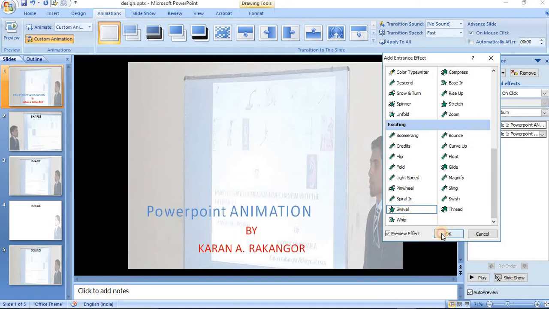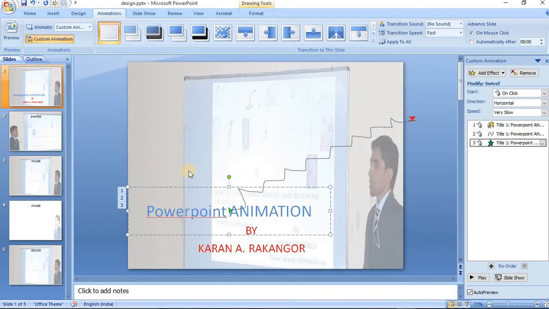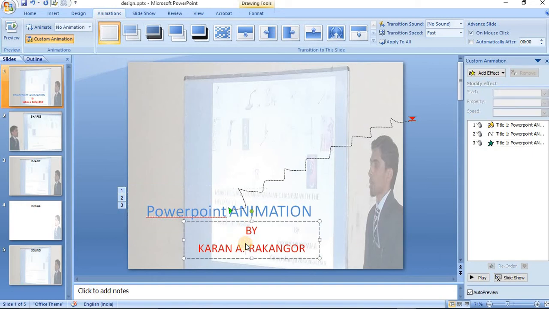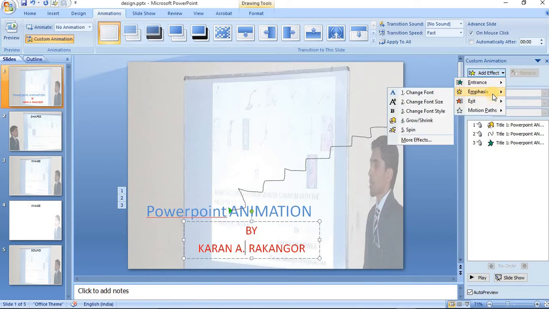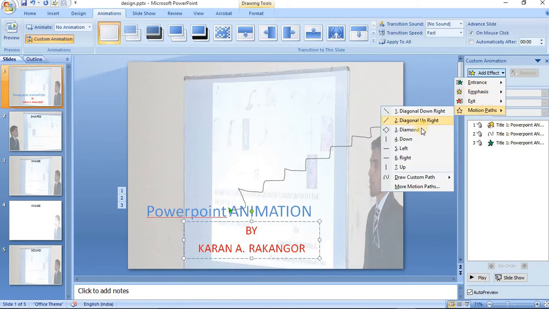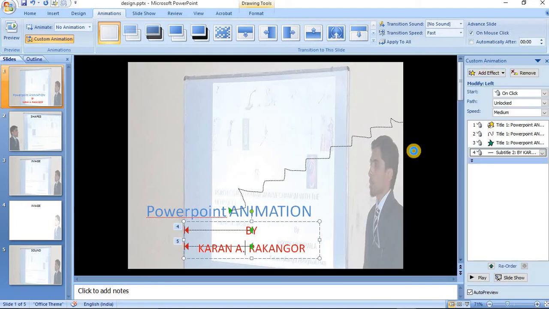I'll show you the same thing again, where I have written my name. I just want to make it move left and right. Then it will move if I select it.